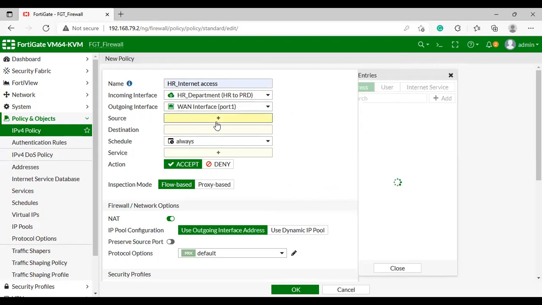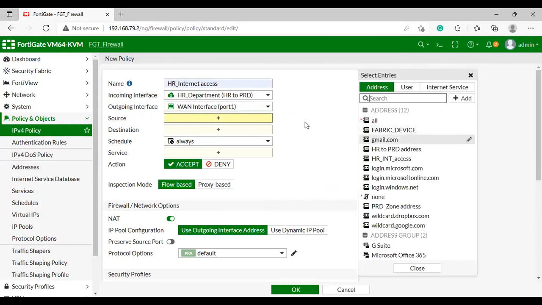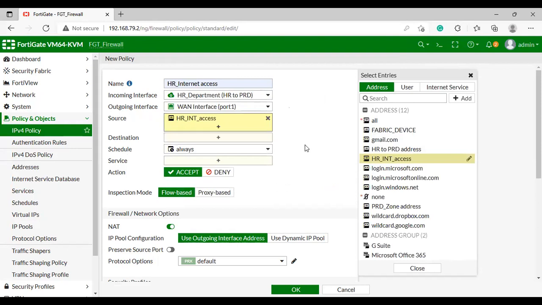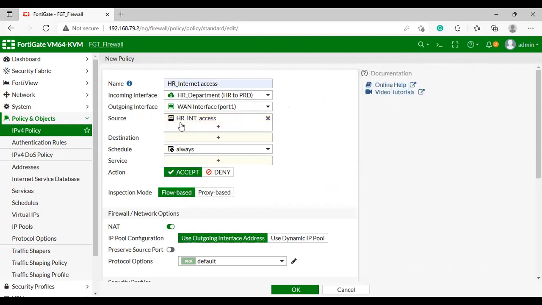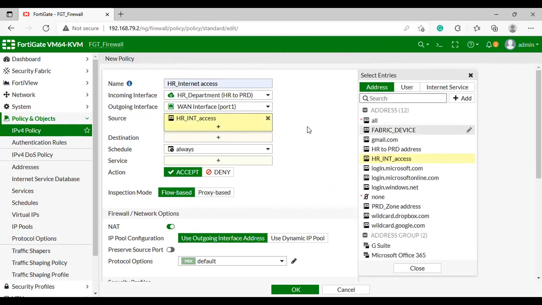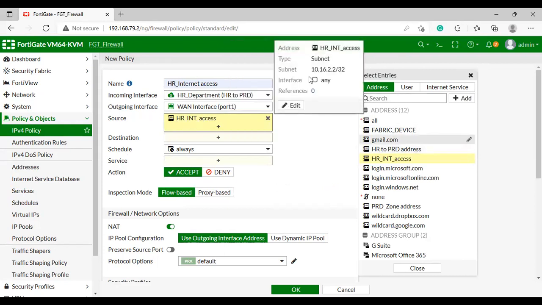The source address will be 10.16.2.2/30. I have created this for only one user who can access the internet.